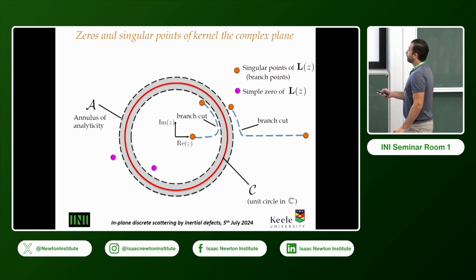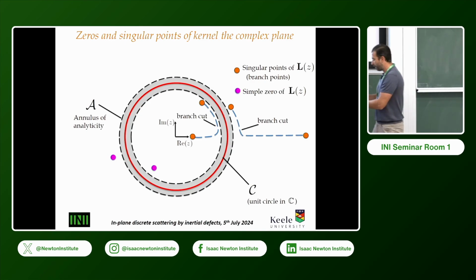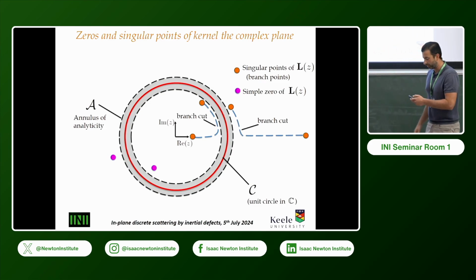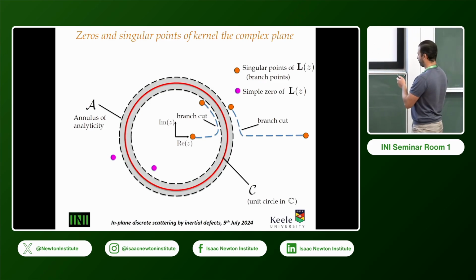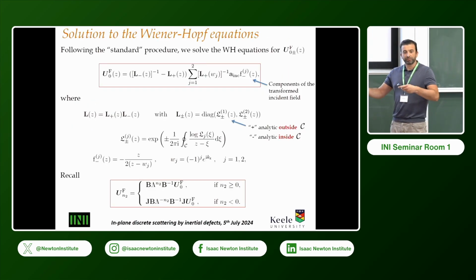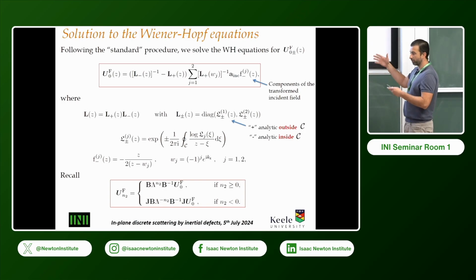Okay, so this is by no means an accurate picture, but it's giving you an idea: we have branch points inside and simple zeros of the kernel function inside and outside. Now we'll come back to this in a bit, because only some of them contribute to the physics in the actual solution. Now I'm skipping the solution part to the Wiener-Hopf equation, but it's standard to solve